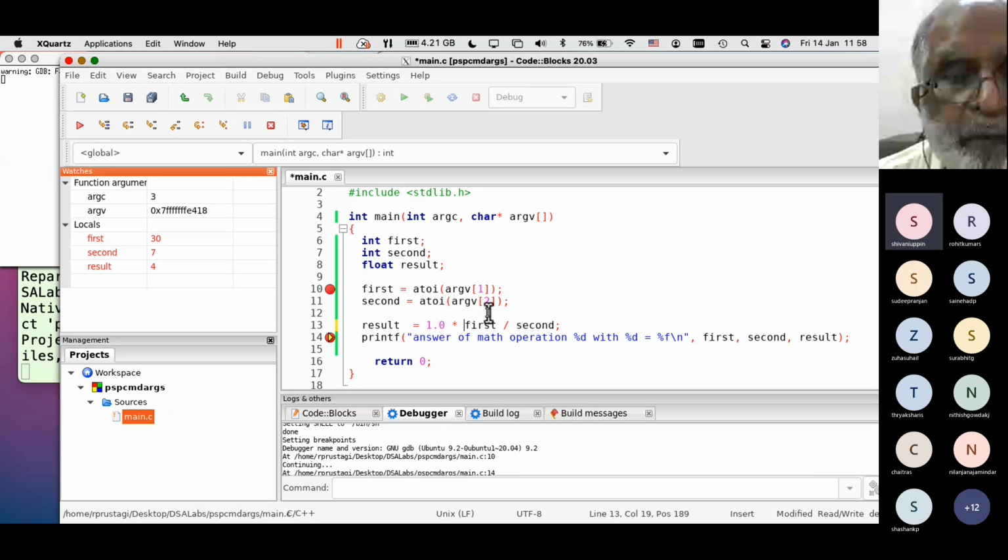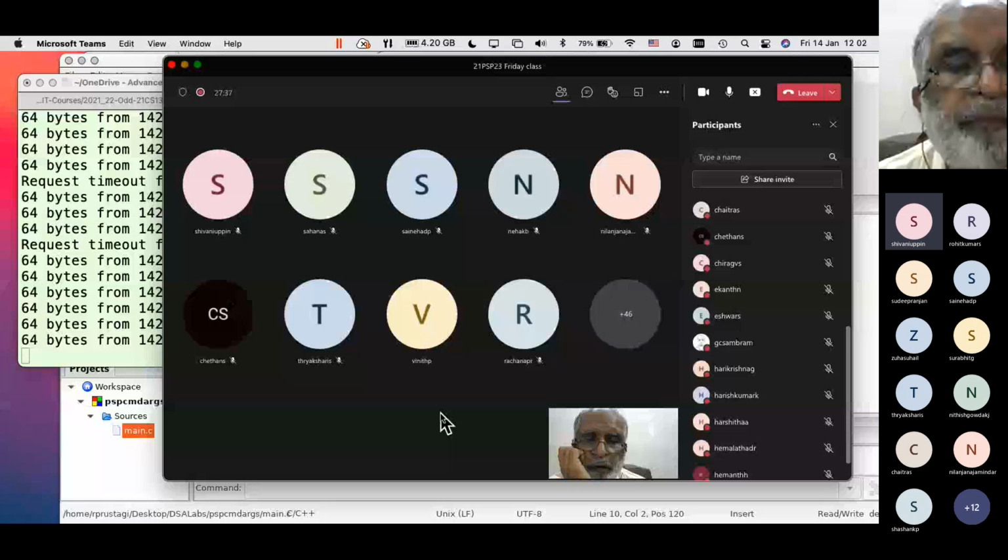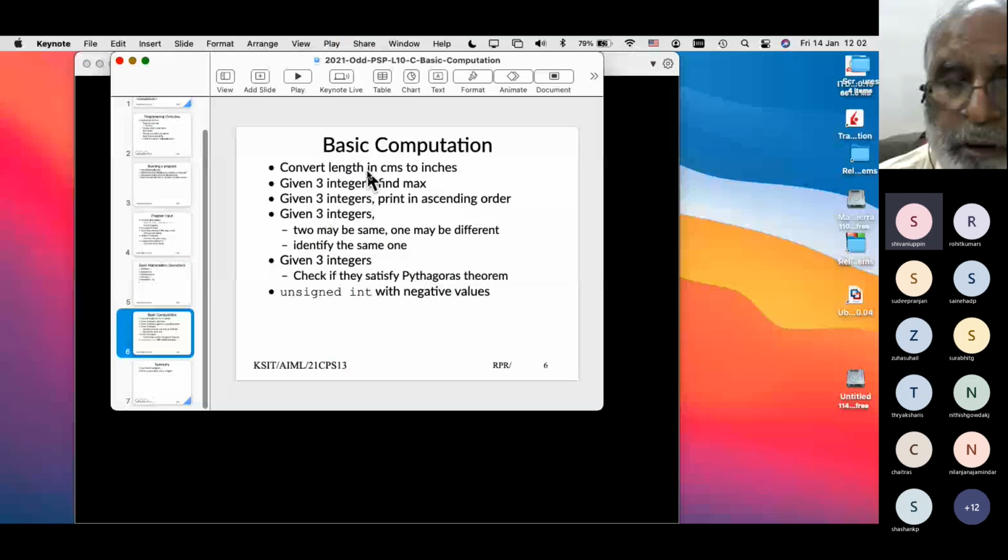Okay, so I asked you yesterday to solve these problems. I tried writing a program or building logic for these problems: three integers, finding the max. Let's say three integers are A, B, and C; how do you find the max? Can somebody write the logic? You can share the screen, and I'll enable you to share what you have written.